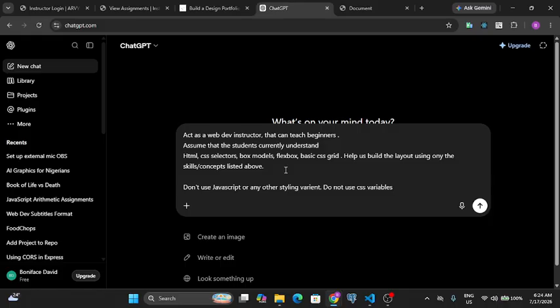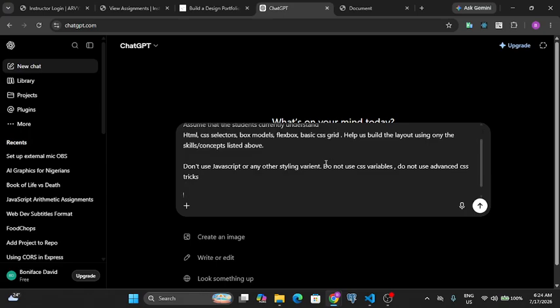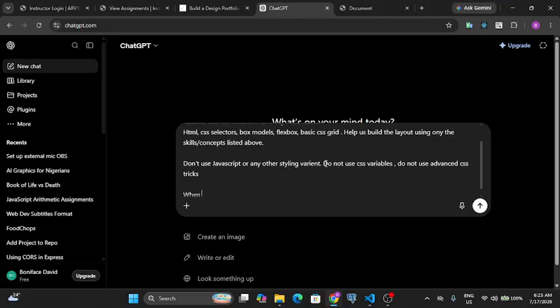Okay, and I'm also going to tell it not to use advanced tricks. Do not use advanced CSS tricks. Okay, and I'm also going to tell it one more thing. When solving the problem, analyze the layout